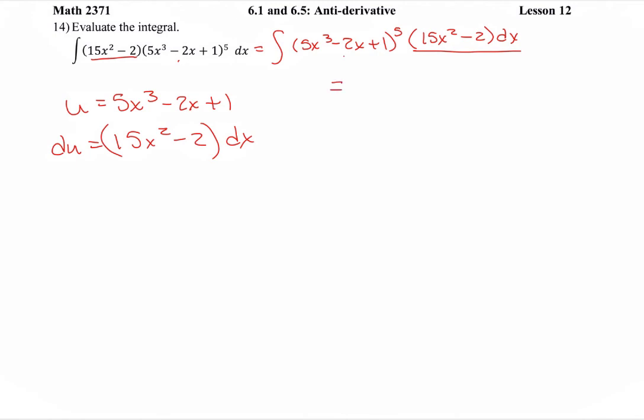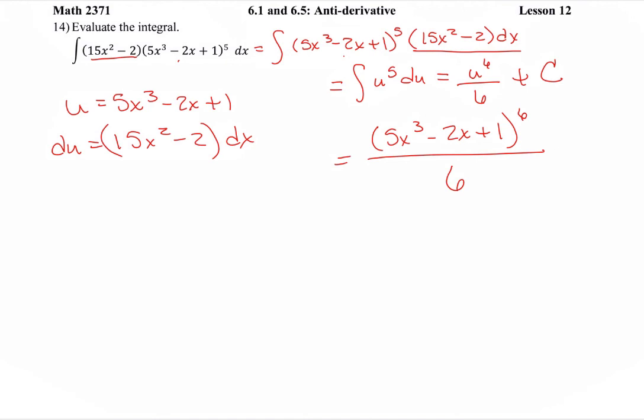So this now equals the integral of u to the 5th du. When I integrate this, I get u to the 6th over 6 plus c. Going back to my original variable, I get (5x cubed minus 2x plus 1) to the 6th over 6 plus c. So one of the things that you learn